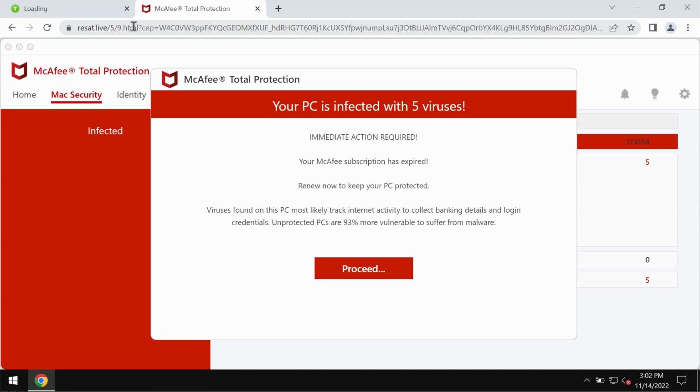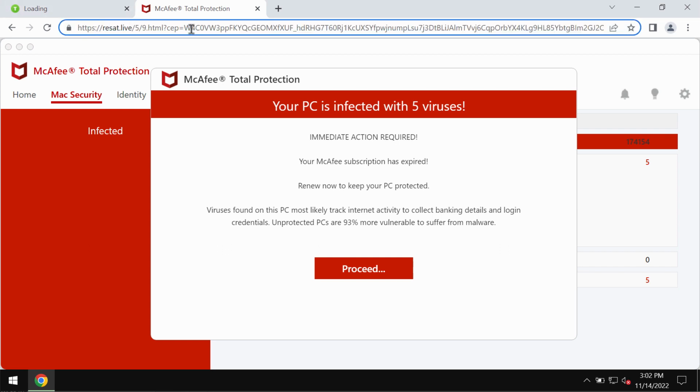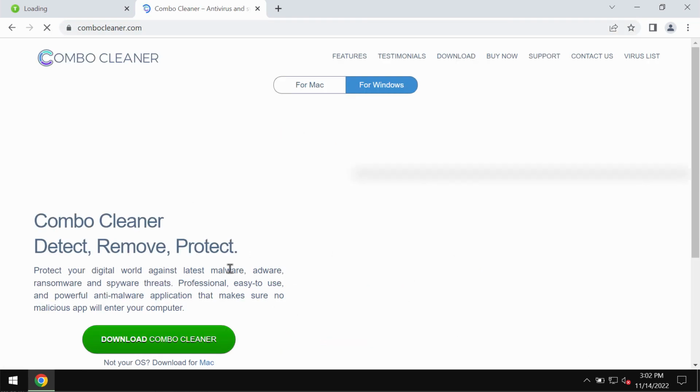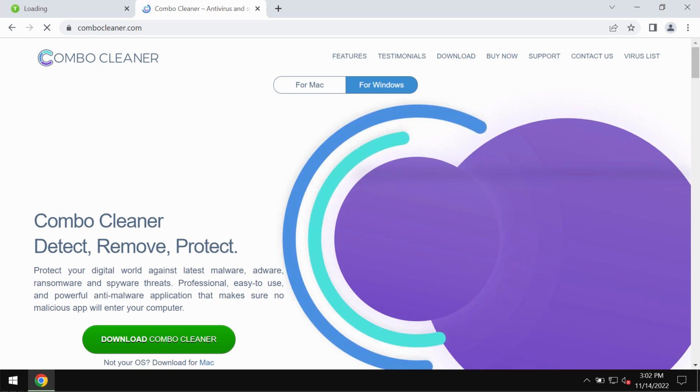Resat.live tries to mislead people and to make them scared about the condition of their computer. Then these pop-ups try to force users into downloading and installing certain potentially unwanted applications. So if you see these pop-ups by Resat.live, keep in mind that they are totally fake and that you should not tolerate them. Simply leave this page. I also recommend that you investigate the system with the help of reliable antivirus software such